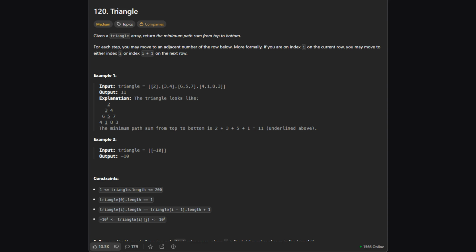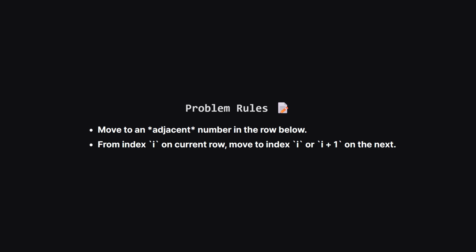We're given a triangle array, and our goal is to find the minimum path sum from the top of this triangle all the way down to the bottom. So we're starting at the very top number. Now, here are the rules for how we can move. From any number, we can only move to an adjacent number in the row directly below it. More specifically, if you're at an index i in your current row, you can move either to index i or to index i plus 1 in the row right beneath it. This means you can't just jump anywhere, you're pretty restricted in your choices, and we want the smallest sum possible